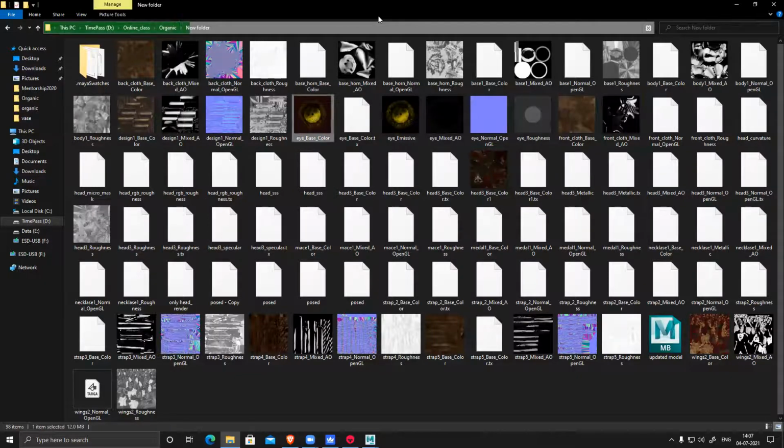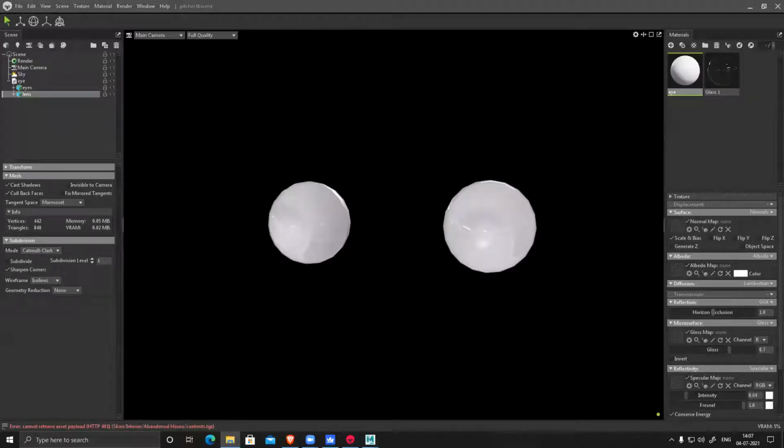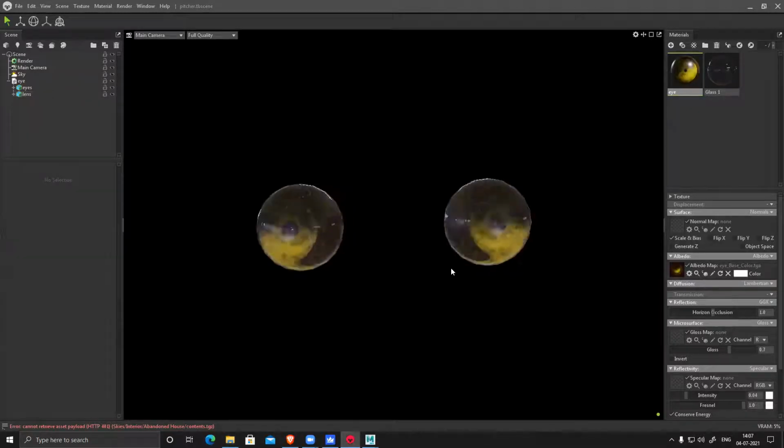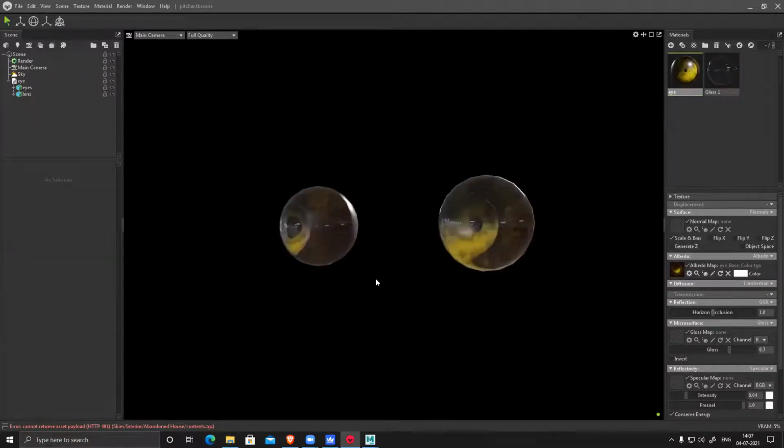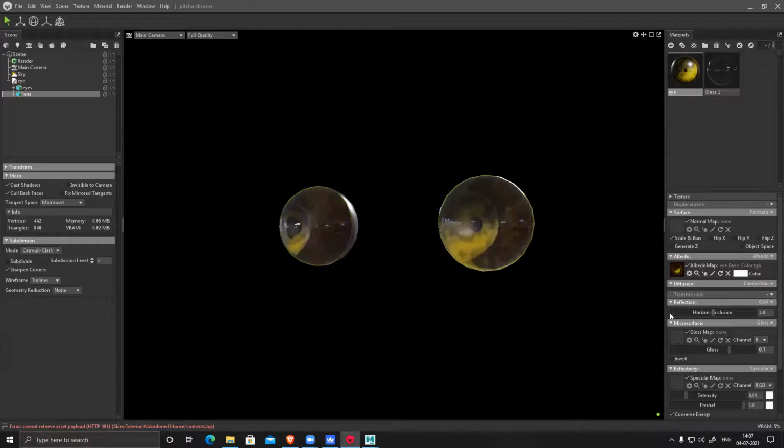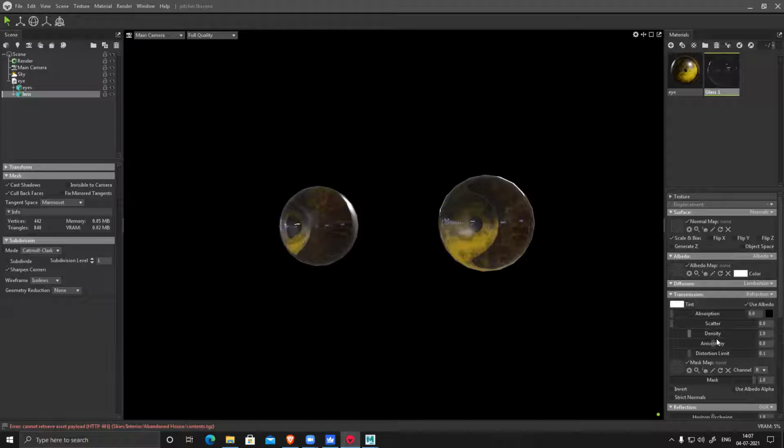Drag it onto the eye. Right now, this glass button I have to modify, obviously. Select this. Let's see.